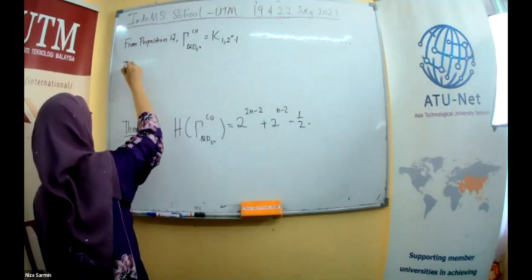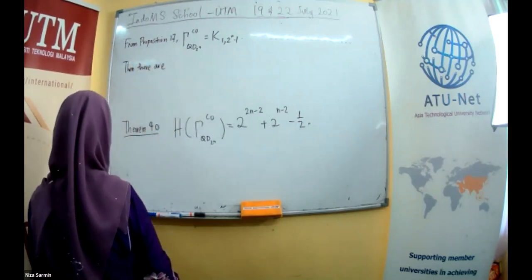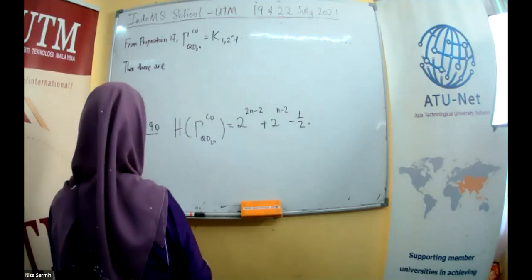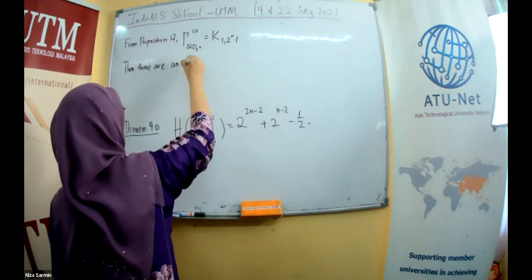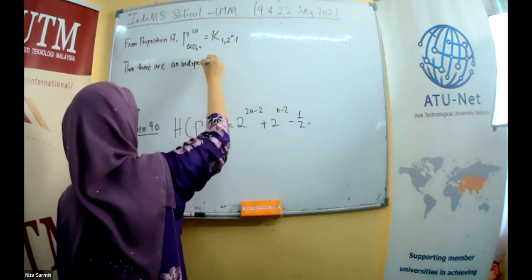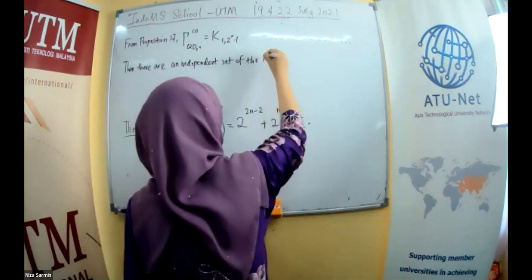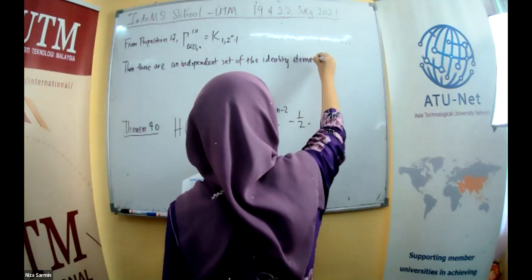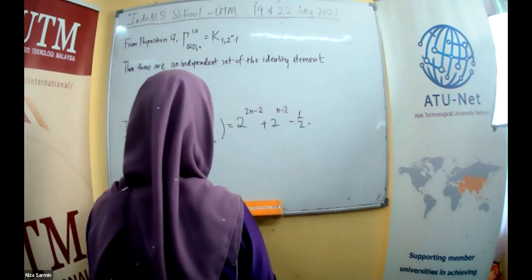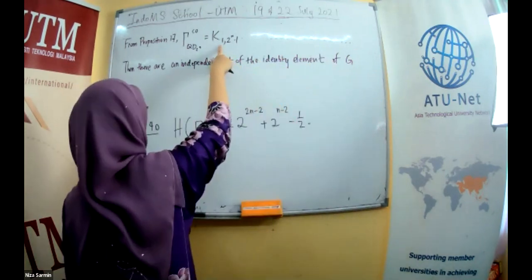Then there is an independent set of the identity element of G for this one, and